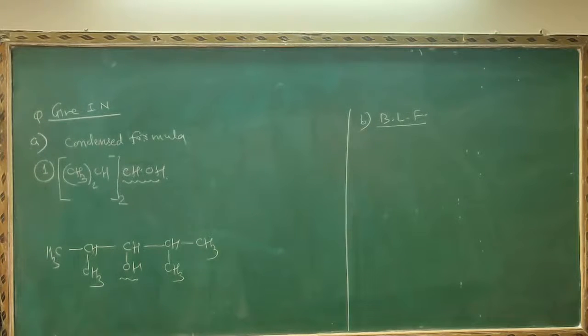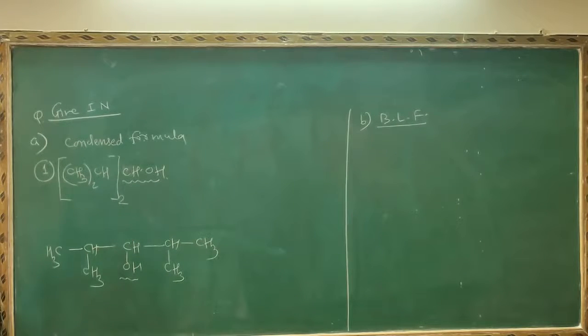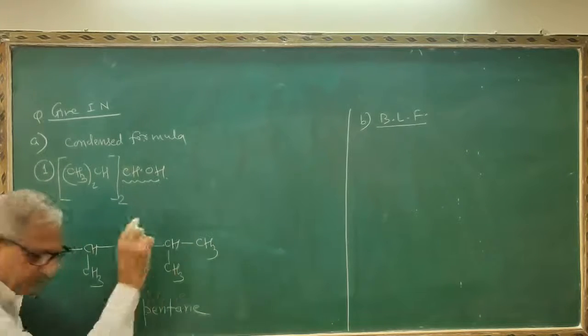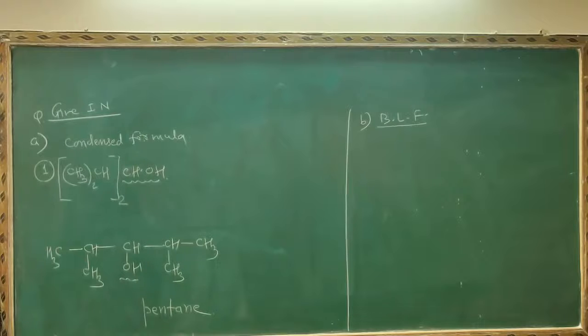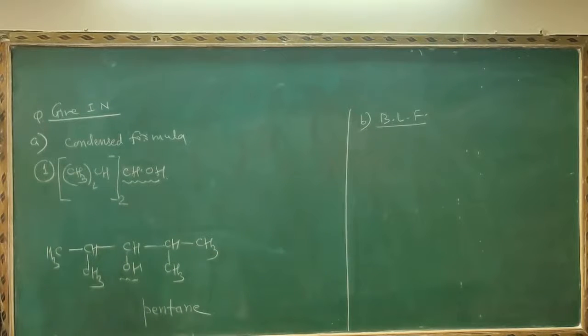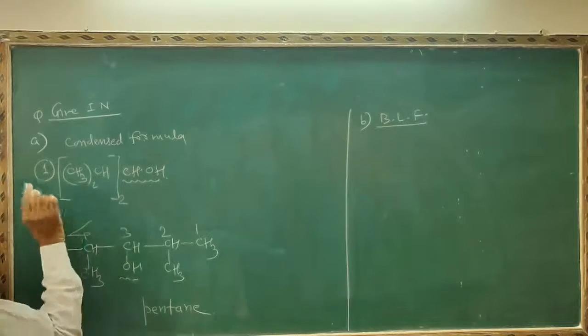Now you have to use the IUPAC rule. First select the longest chain. This is your longest chain. How many carbon atoms are in the longest chain? 5. Therefore it is a derivative of pentane. The numbering from LHS or RHS or both sides? The numbering from both sides. Why? Because the compound is symmetrical. It is divided into two equal parts. When you do it from the left hand side, you will get the number 1, 2, 3. When you do the numbering from the right hand side, 1, 2, 3. So the numbering from both sides is correct: 1, 2, 3, 4 and 5.